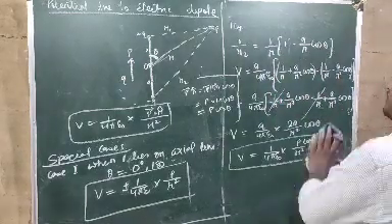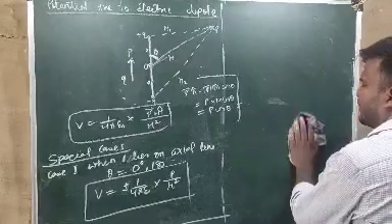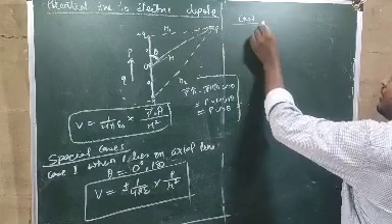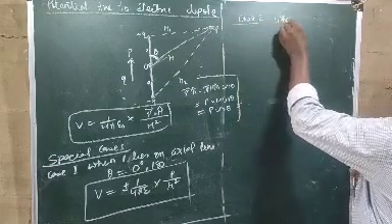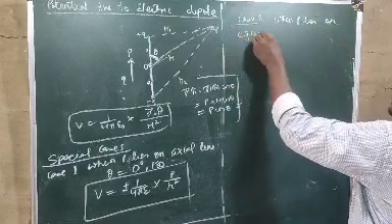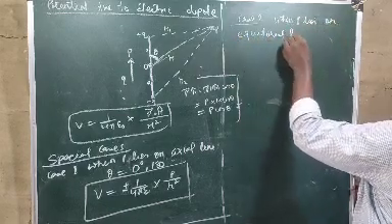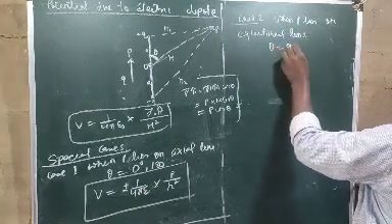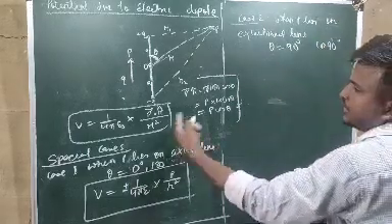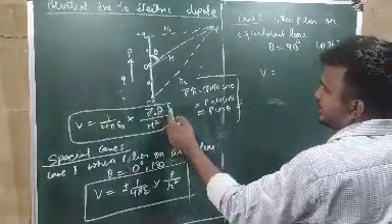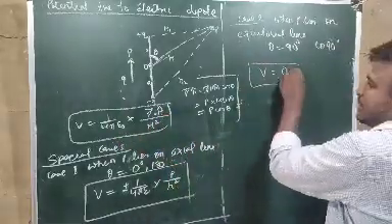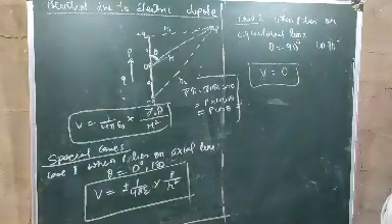Now case 2. When P lies on the equatorial line, then theta will be equal to 90 degree and cos 90 will become 0. So obviously the potential V equals p cos theta, and since cos 90 is 0, this entire thing will be 0. The potential will be 0. So this is the expression for potential due to